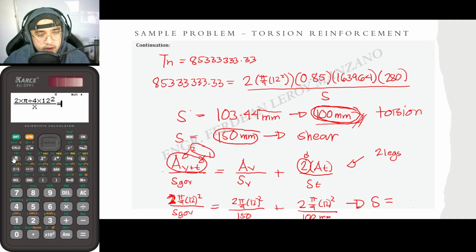This is now equal to 2 times pi over 4 times 12 squared divided by 150 plus 2 times pi over 4 times 12 squared divided by 100. So getting the answer here, shift solve. Our answer is now equal to,